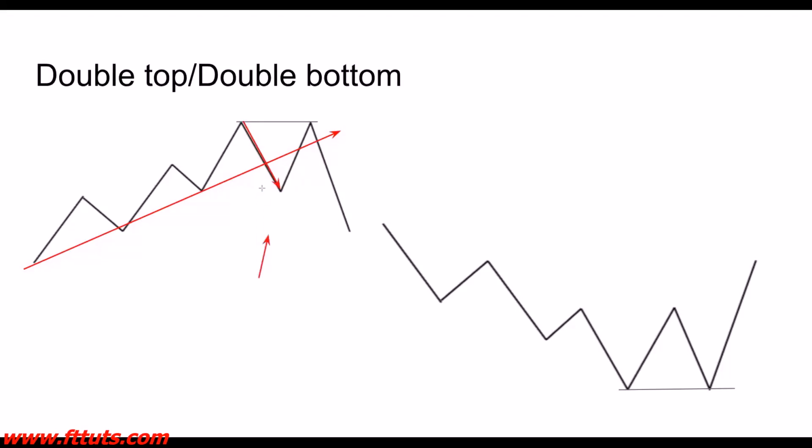A violation of an uptrend, with the market respecting the trend line, is a potential first sign of what? Reversal. Confirmation of a reversal is price coming back to a structure level, rejecting and pushing down, or breaking a structure low and pushing down. If this doesn't happen, the way we gather our confidence is by waiting for price to come back to a